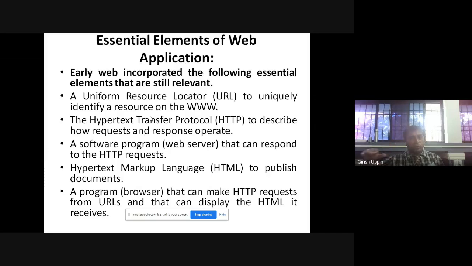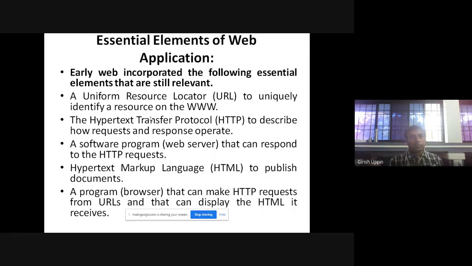It goes through the internet, it goes to the server. Whatever the client or the browser has requested, the server will process that and give a response, and that response will be captured again by the browser, and it will display.